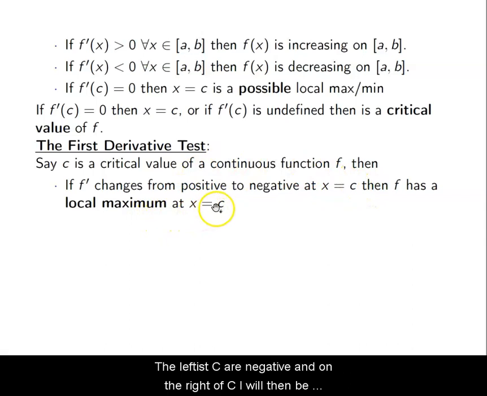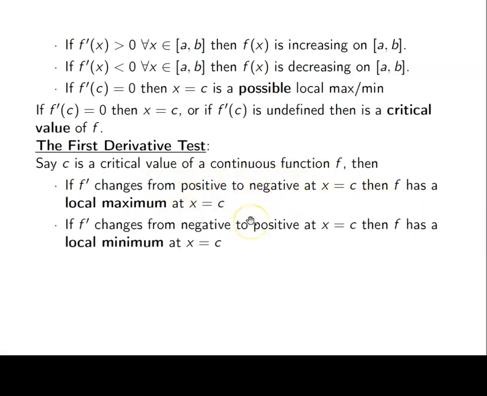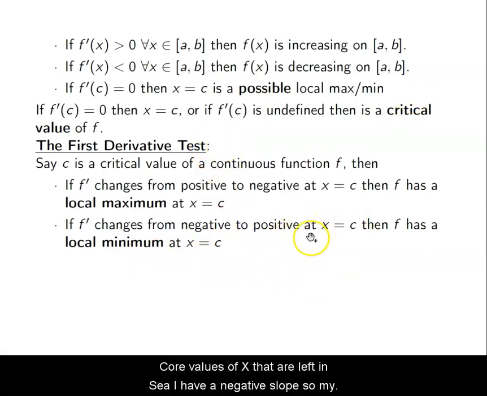To the left of c, I'm positive, and on the right of c, I will then be negative. So I'm changing from positive to negative on either side of x. If I change in the opposite direction, it means that I'm at a local minimum. So again, if I'm at the bottom of a hill, for values of x that are less than c, I have a negative slope,